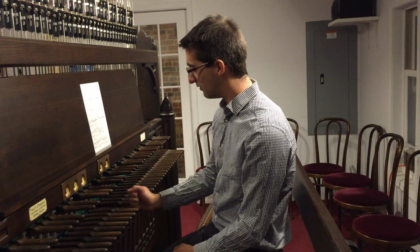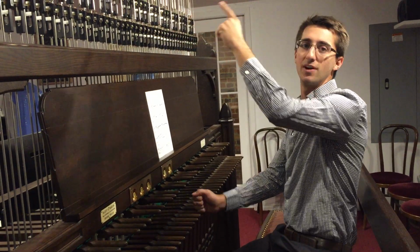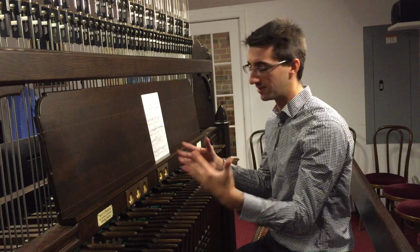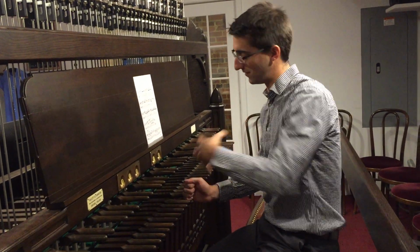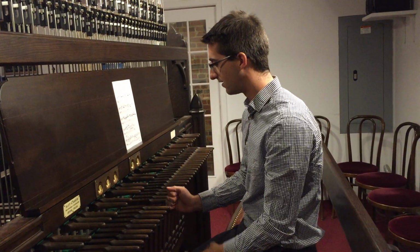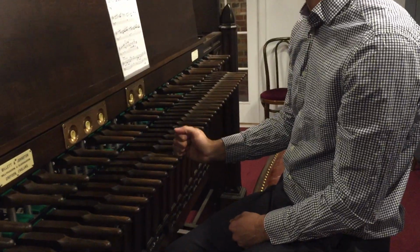And when I move a key with my fist, I'm actually moving this wire here. The wire goes up to a clapper that will move closer to a bell. It's an entirely mechanical instrument. There's no electronics here or pneumatics. It's just the weight of the force that I'm putting into the key that's the strike going against the bell. So if I move the key all the way down, then we can hear the clapper strike the bell,